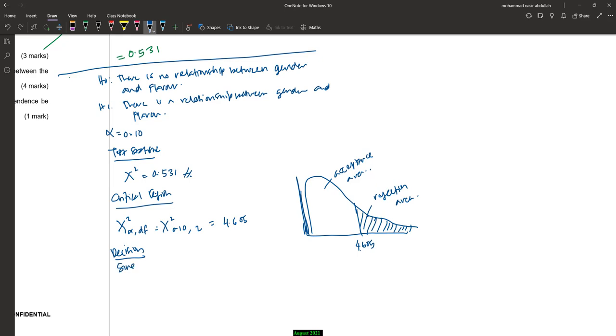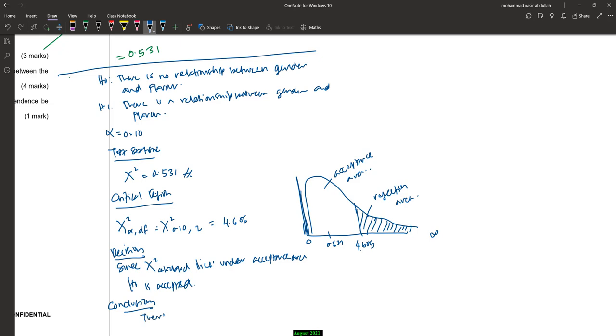So since the calculated chi-squared lies in the acceptance area, which is from 0 to infinity, 0.531 is somewhere here, the null hypothesis is accepted. So since the null hypothesis is accepted, the conclusion is